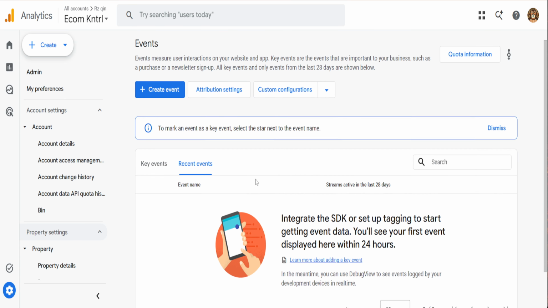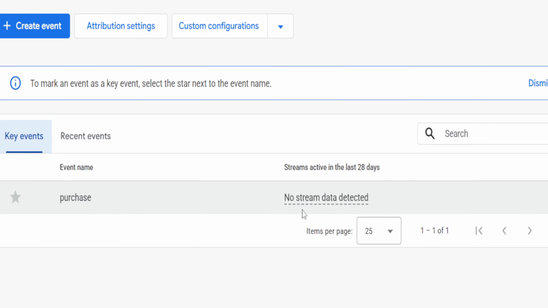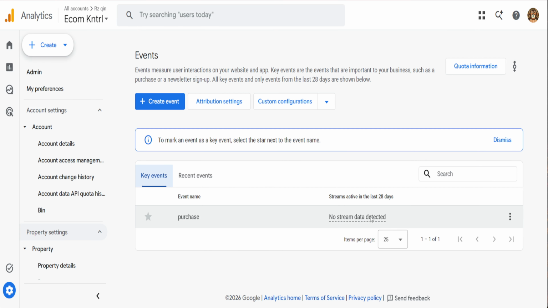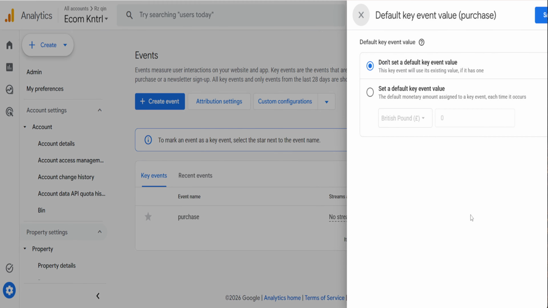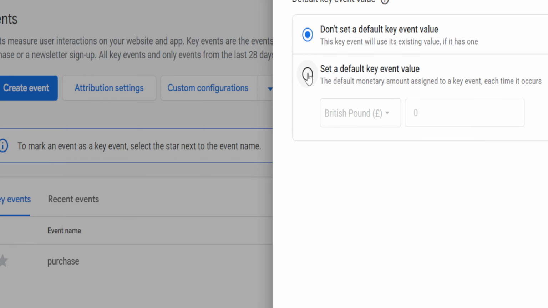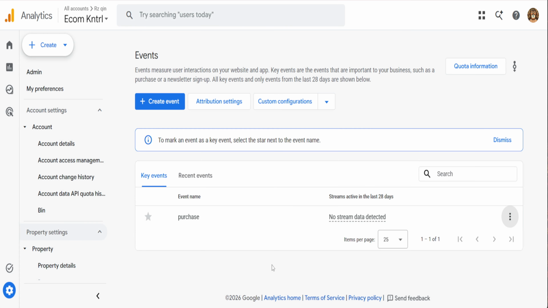Now review the events in the list and identify the ones that represent meaningful results for your business. For each high-value action, toggle it on to designate it as a key event. You might enable purchase for e-commerce sales or generate_lead if your main goal is collecting leads. Keeping key events limited to your most important outcomes makes your conversion reporting cleaner, easier to understand, and more useful